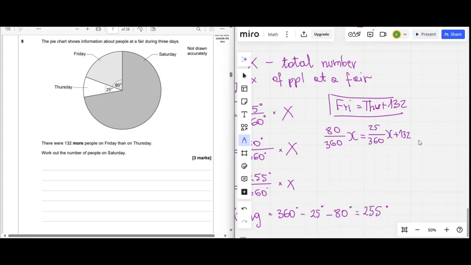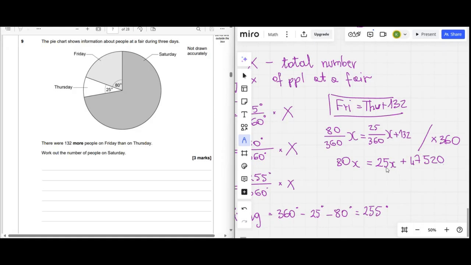Here we can multiply everything by 360 to get rid of the fractions. So the first thing times 360 will be just the numerator, 80x. On the other side, that will be 25x plus 132 times 360